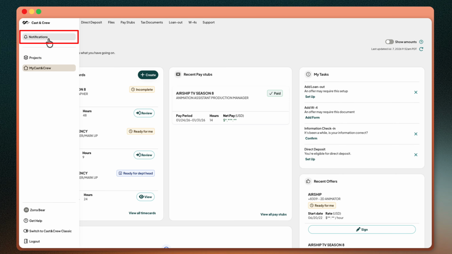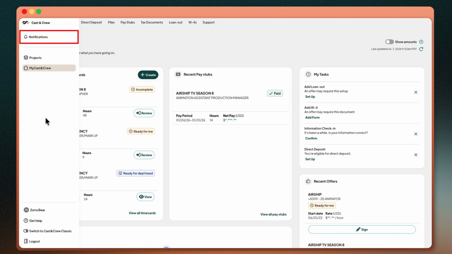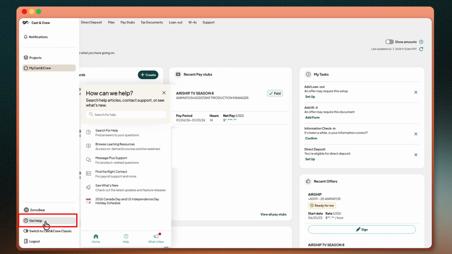Above are your notifications. These notifications are global across any project you are working on. Keeping an eye on these will help you stay up to date on any items that need your attention. Clicking on your name will take you to your profile settings where you can make updates to your personal information in the Cast&Crew system. The question mark icon is your In-Product Help menu. From this menu, you can search for Help Center articles, contact support, see what's new, and access both on-demand and